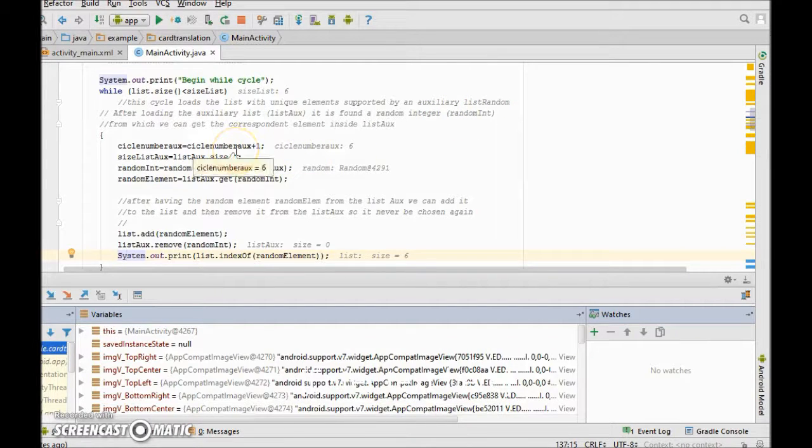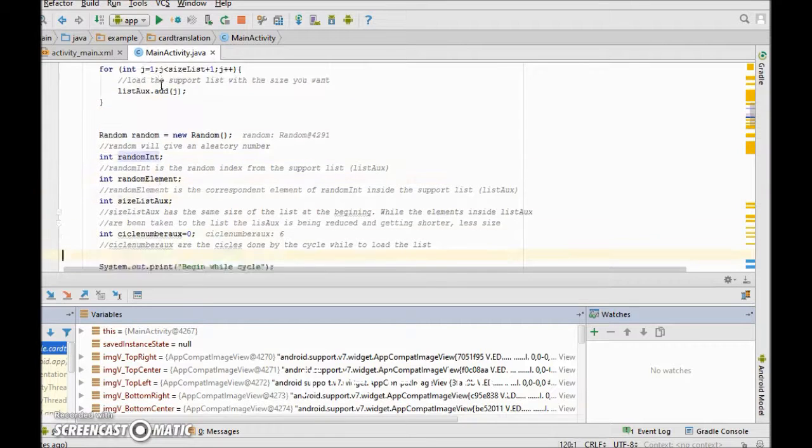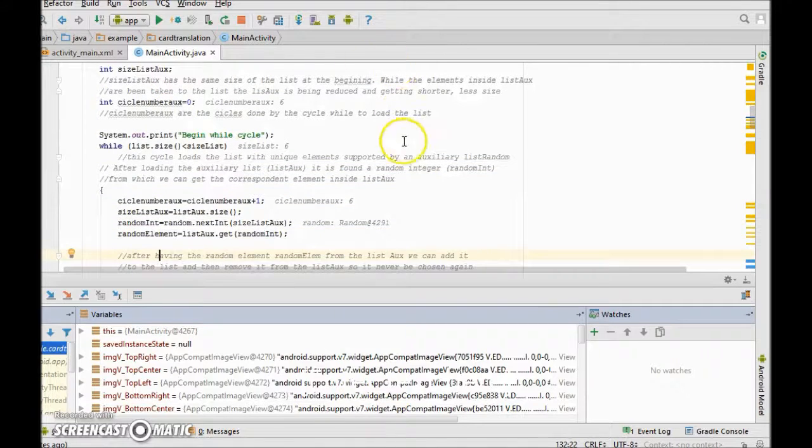After loading the list auxiliary as here, that was where we load the list supported. After loading this list,